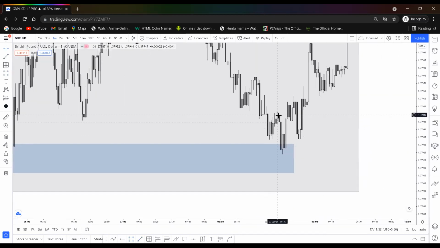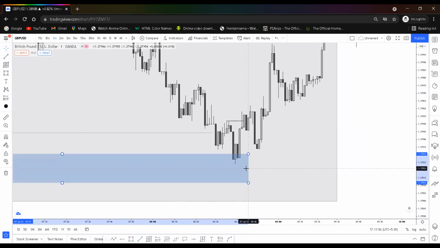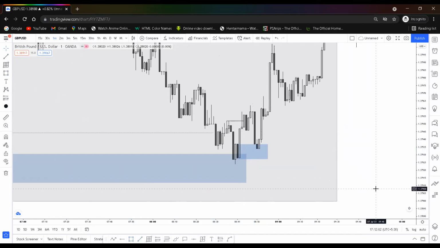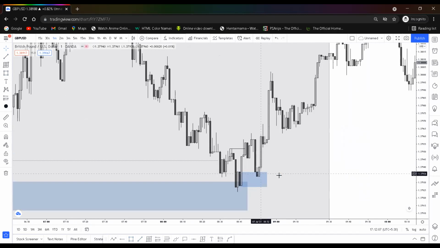What price did was it came back down, and then on the seconds time frame, this right here was a breakout structure. This is how it came: lower highs, lower lows, lower highs, lower lows, lower highs, lower lows, breakout structure. And then this mitigated this. You see that? It mitigated this, but even though it mitigated,